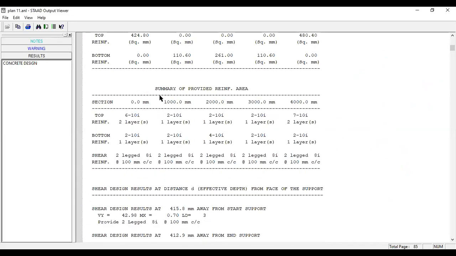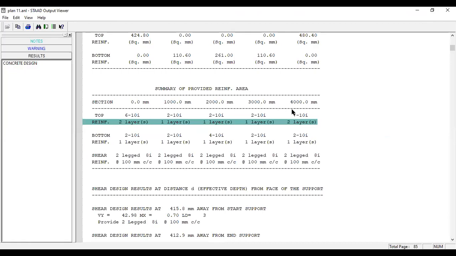It's the second table, summary of the provided reinforcement. Look at this. At the top reinforcement, at the start point of the beam, you need 6 bars of 10 mm dia. At the length of 1000 mm, 2000 mm and 3000 mm, you need 2 bars of 10 mm dia.